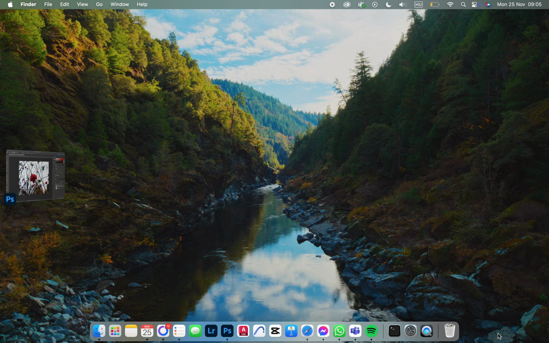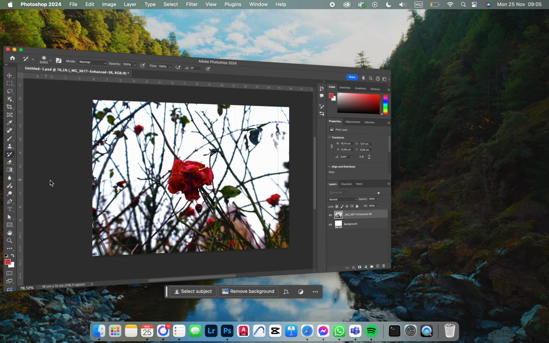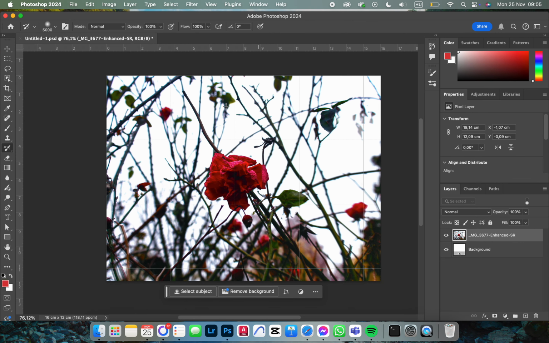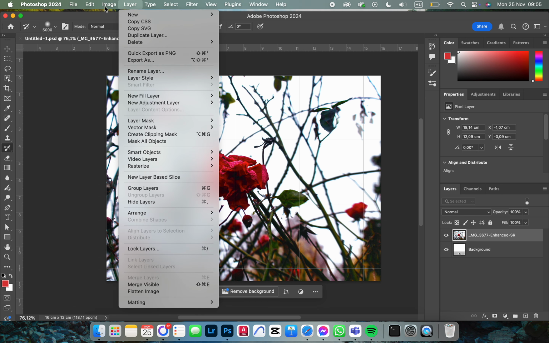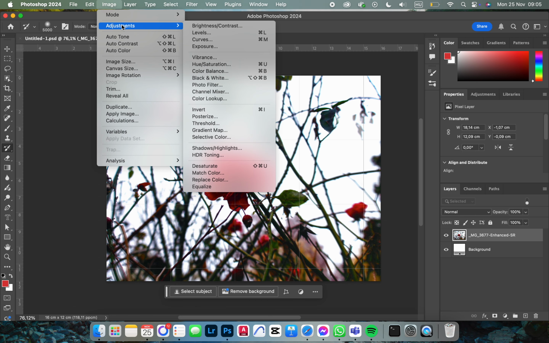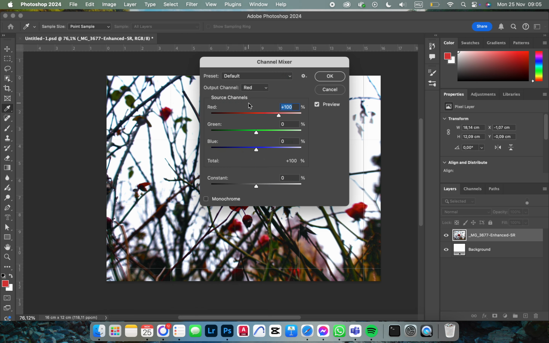Going to show you how to use the channel mixer in the Photoshop app. First we have to open up the app, and here it opens up like this. From here we just go into image, and then we click on adjustments, and then we click on channel mixer,